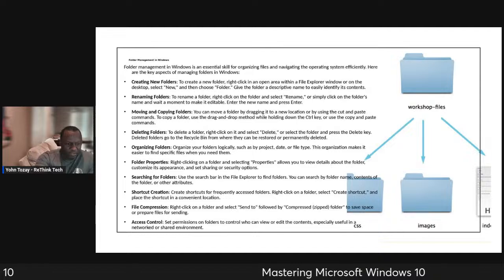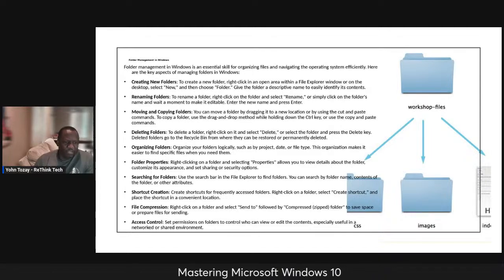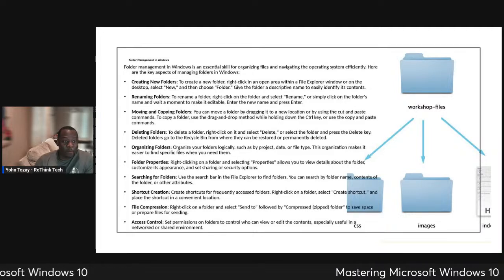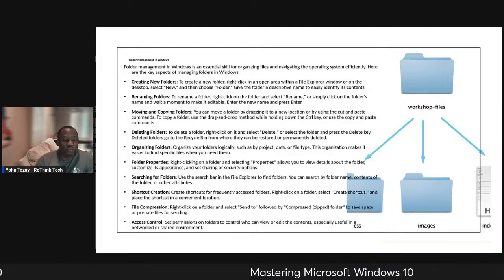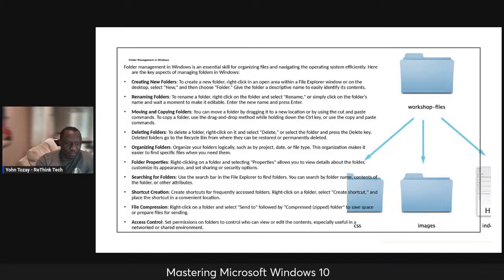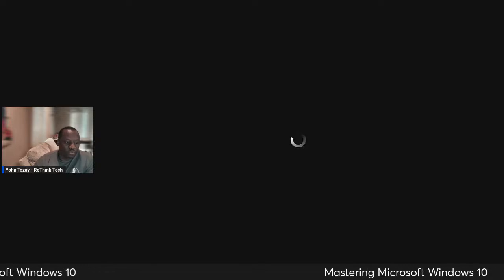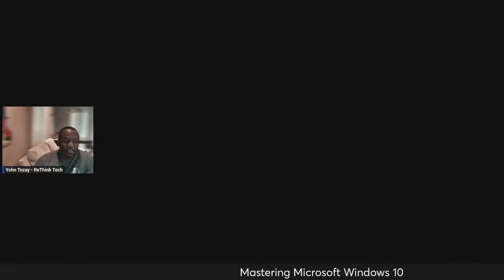How to create folders, how to move them from place to place, how to delete them, how to organize them, search for them, create shortcuts, compress them, and how to access them. So we'll be going back to Windows 10 to see how we can create folders to organize our files. So stay tuned with us as we switch over to Windows 10, and this will be our last topic for